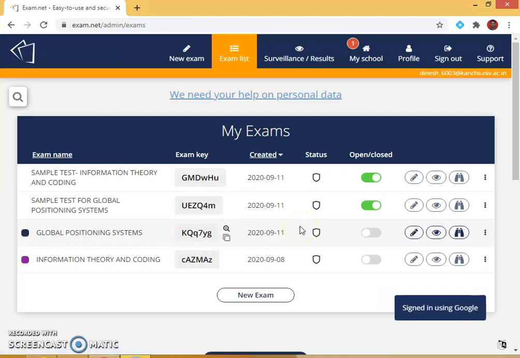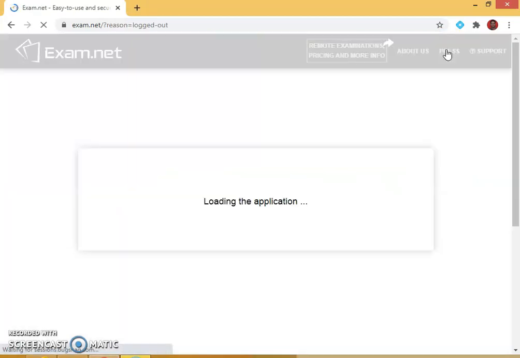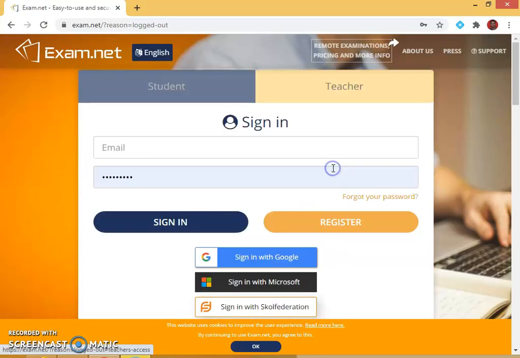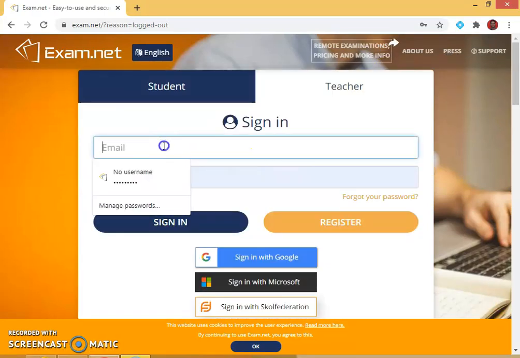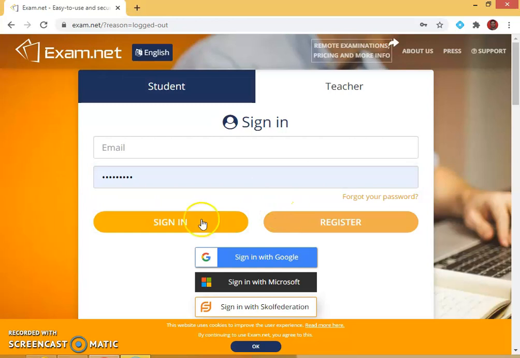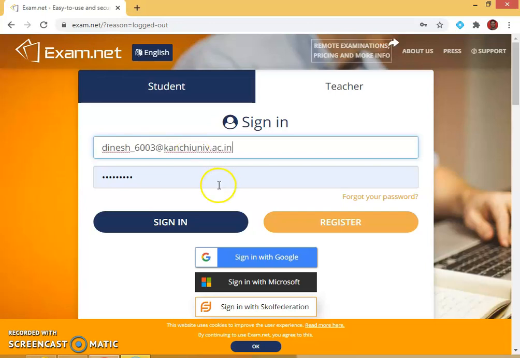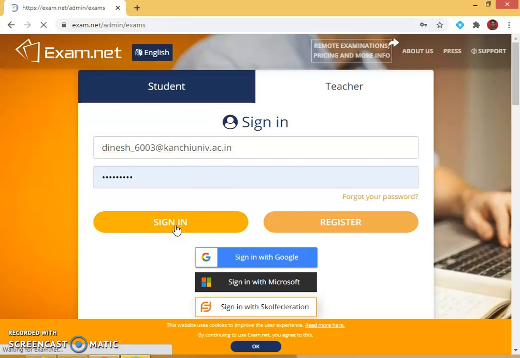So it will ask for the email ID. Give the appropriate email ID and just sign out, and I will go back and show you. As a teacher, it will ask for the email ID. Give the email ID and password. Set a password of your own and then sign up. So I'll give my school ID, then sign in with the password.